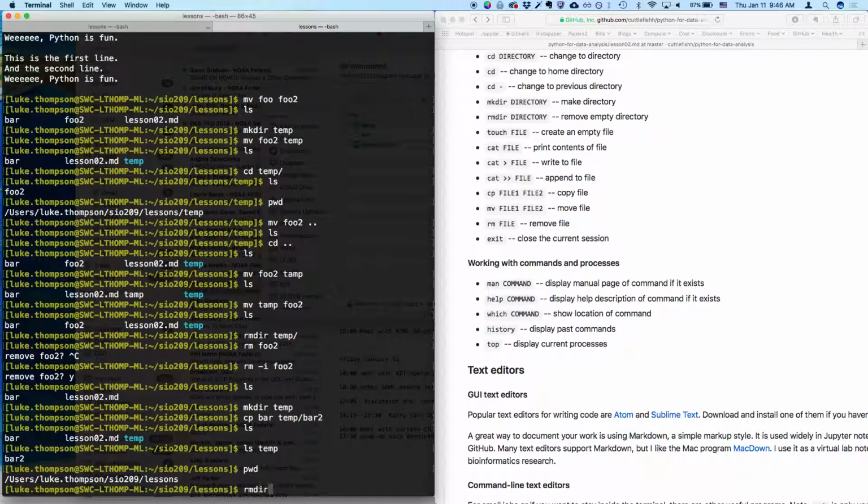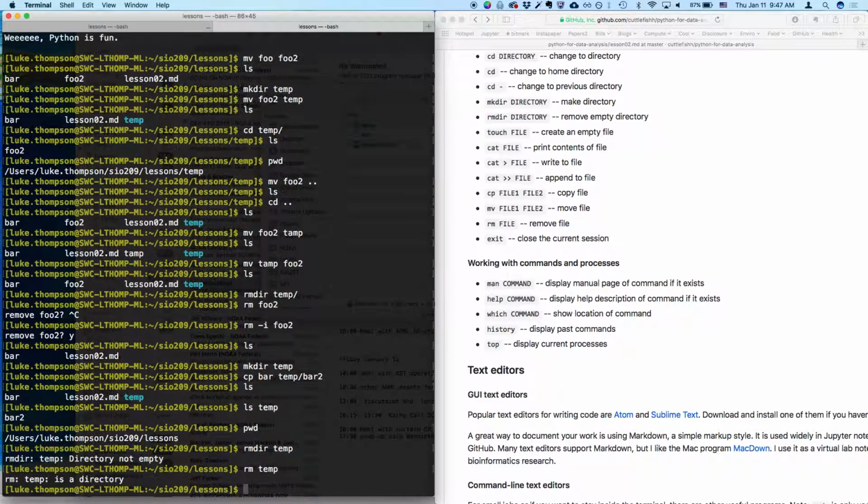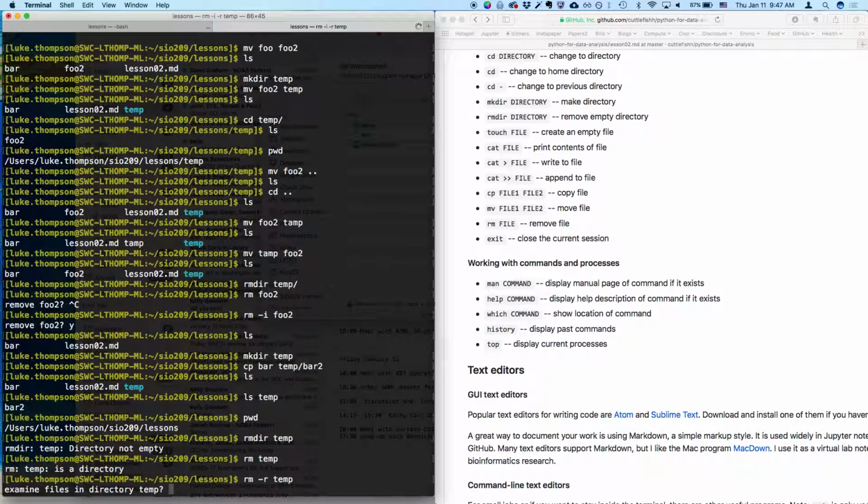Now, if I try to remove directory, I get this error message, rmdir, that's the name of the command, and it says temp directory is not empty. And we know that remove directory has to have an empty directory. So what can we do? Well, we try to type rm temp, it says temp is a directory, and rm typically doesn't delete directories. But there's an option, rm -r, which recursively